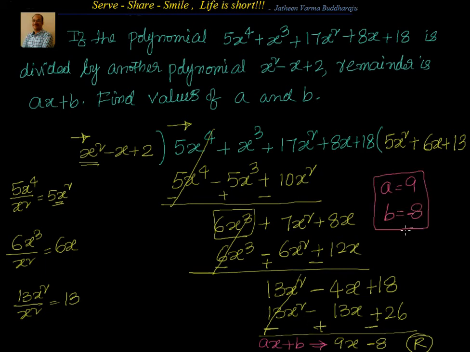So the same problem can be asked in another way. You can be asked what should be added to the polynomial to make sure that x square minus x plus 2 is a factor of the polynomial. That means indirectly we have been asked that if I divide the polynomial of degree 4 by the quadratic polynomial x square minus x plus 2, I should have a remainder of 0. Now I have 9x minus 8, that means I should add minus 9x plus 8. That's altogether another problem, but you can extend this problem to that. So both are the same type of problems, with the division method only.